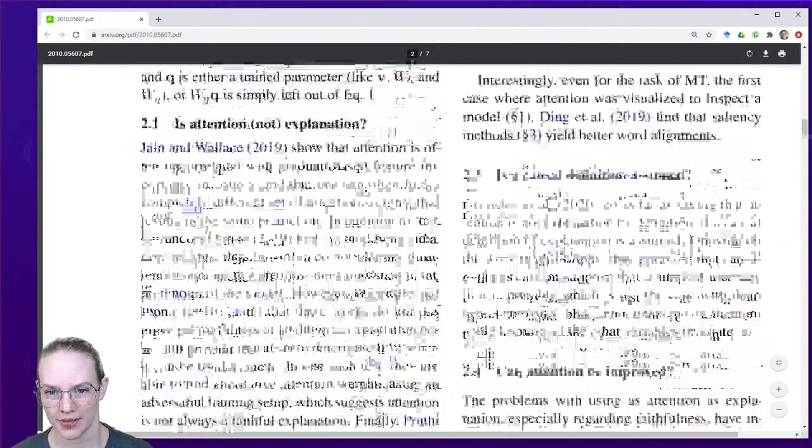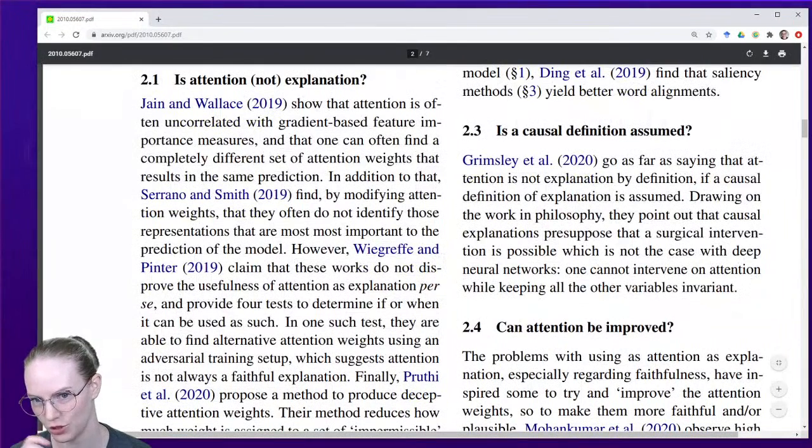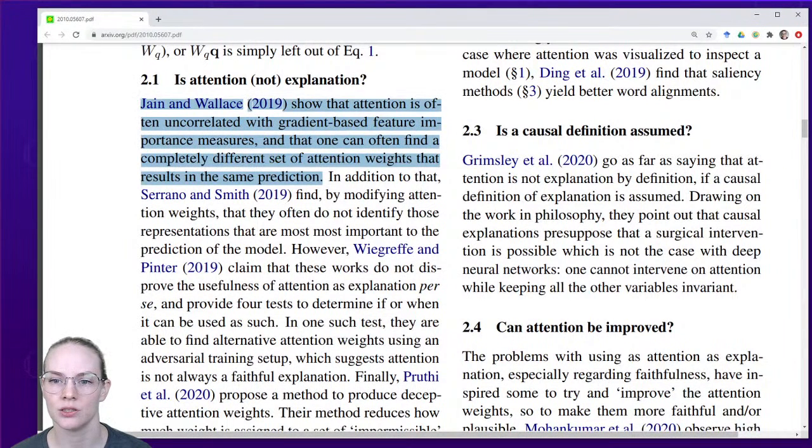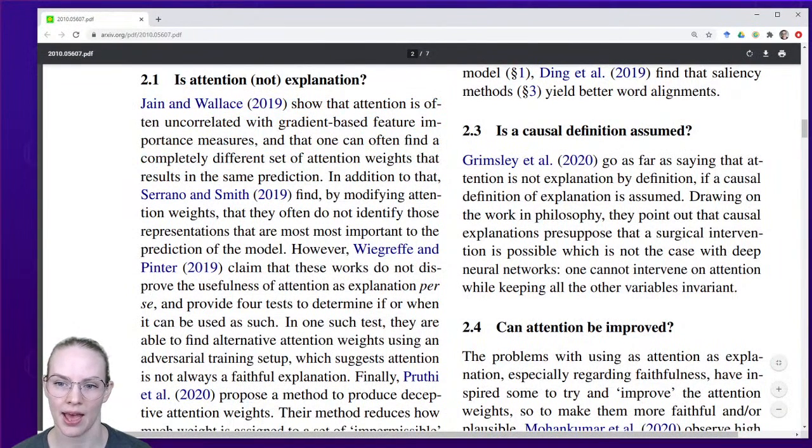All right, is attention not explanation? Jain and Wallace show that attention is often uncorrelated with gradient-based feature importance measures, and that one can often find a completely different set of attention weights that result in the same prediction. So this is experimental evidence that the attention weights that you get for a specific